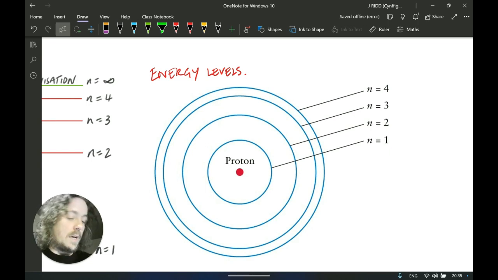So here is a representation of an atom. And this would be something simple like a hydrogen atom, because it's just got one proton in the center. Hydrogen atoms, like all atoms, have electrons which orbit the nucleus, although that becomes less and less true the more physics you study. But for now, we'll say that that kind of works, even though they're kind of in a diffuse cloud, but that's okay.